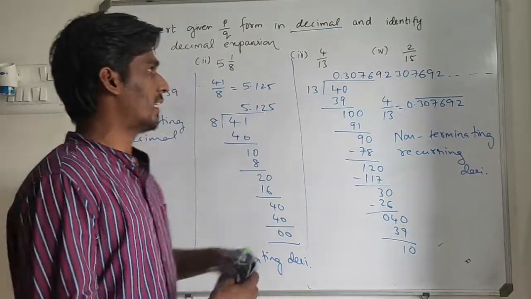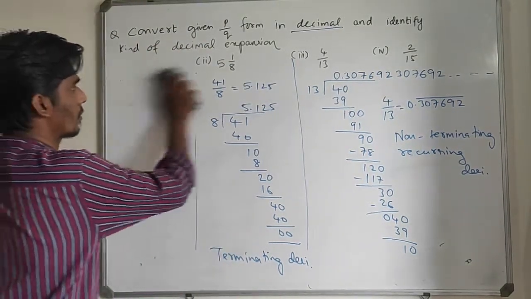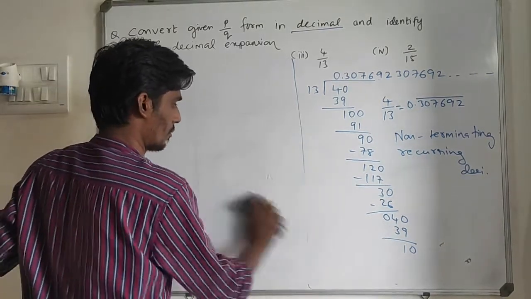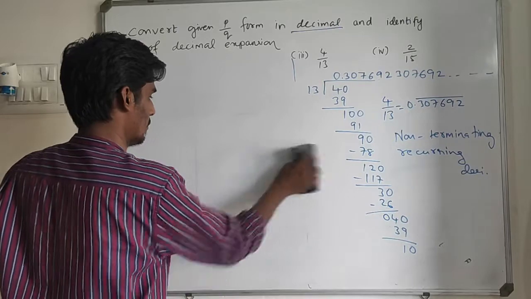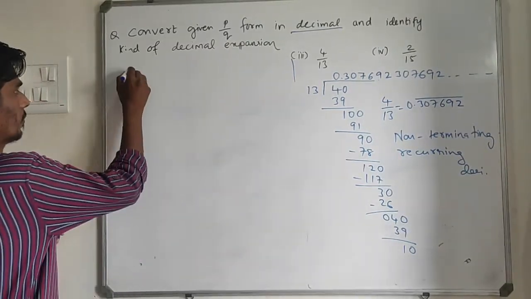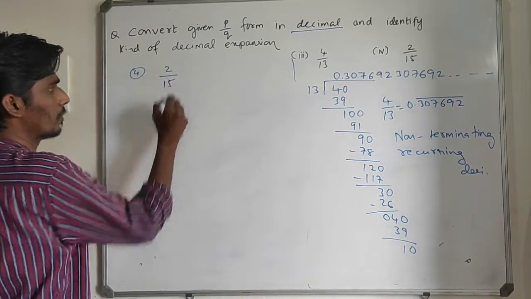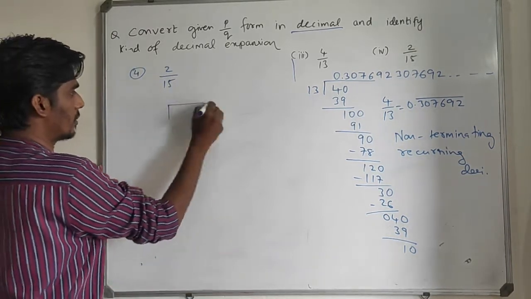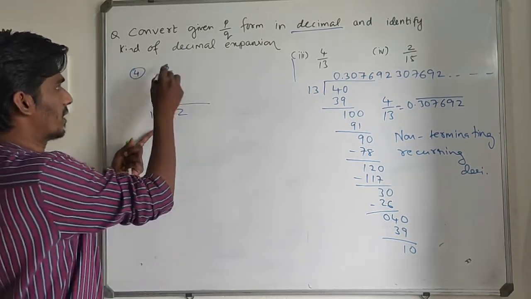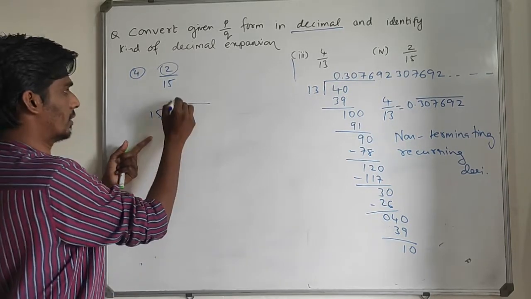Now one more example is left, 2 by 15. Fourth one, it's 2 upon 15. So it means 2 divided by 15, not 15 divided by 2. This is always what? This is the dividend, and this is the divisor. So it's definitely